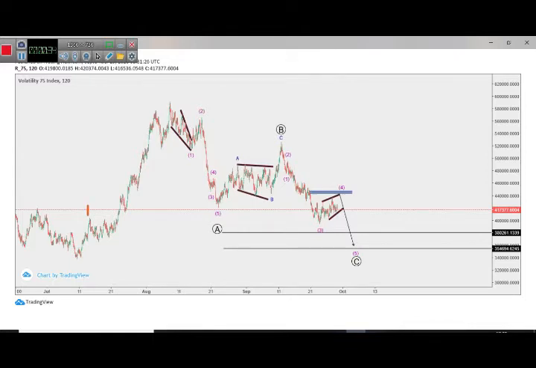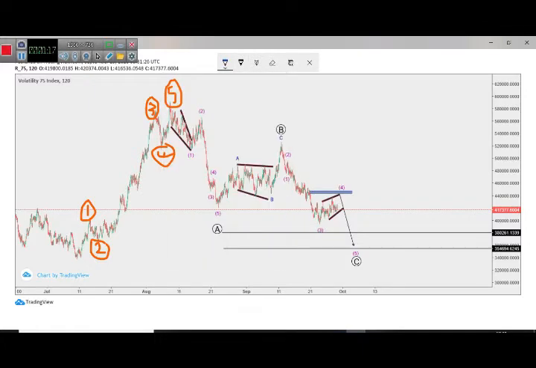We had this is our wave 1, wave 2 here, wave 3 here, wave 4 there, and wave 5 over here. Right, this is the setup that we had the last time I uploaded a video, and the idea was to have this 5-wave impulse